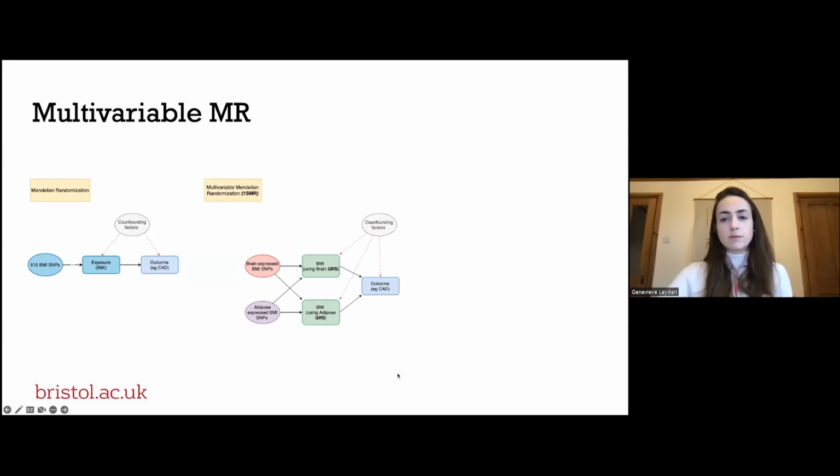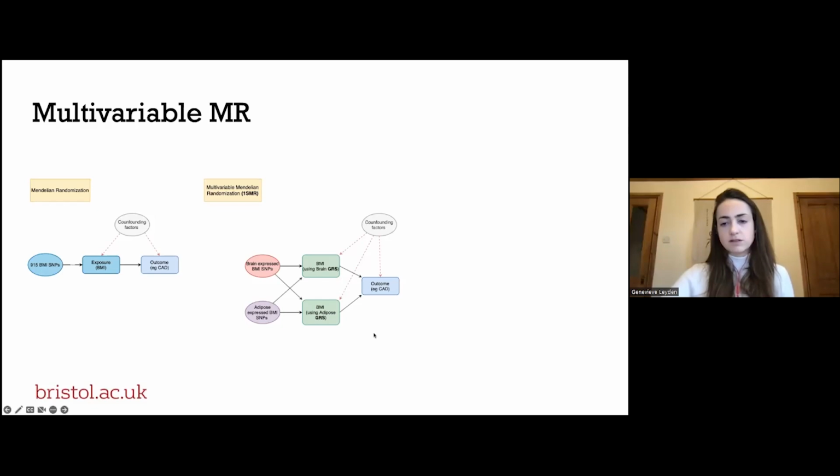So in the multivariable model here, I've incorporated a subset of BMI variants, which had evidence for localization with both tissues, this time as separate exposures. We first developed this in a one sample setting. To do this, we calculated genetic risk scores for participants in the UK Biobank, the prospective cohort study. Each individual gets a score for the number of brain or adipose SNPs they had, and the scores were weighted by their BMI effect estimates.